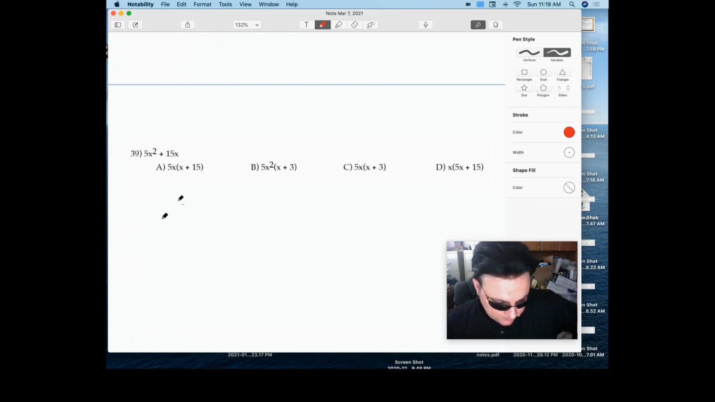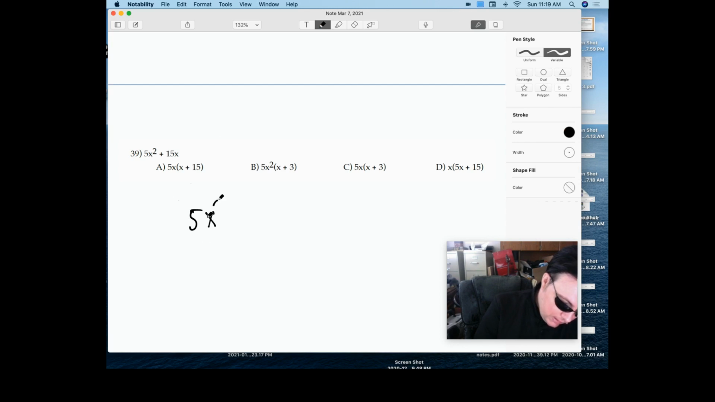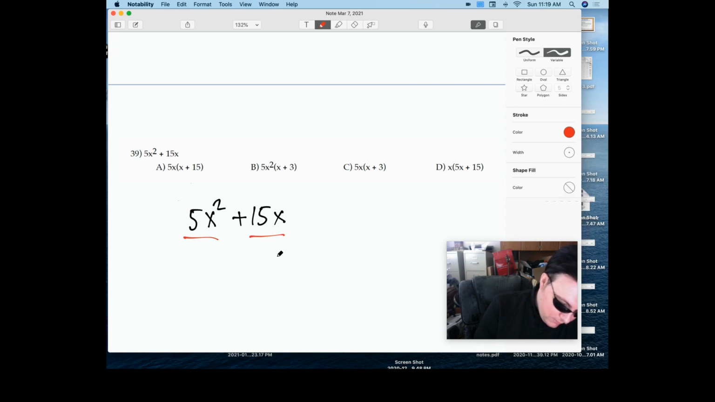Over here, we look at 5x squared plus 15x, and we see that we can divide through by 5, right? Again, always starting with the lowest and see if it works. X squared and x, you take the lowest, which is x. So we put 5x on the outside and 5x